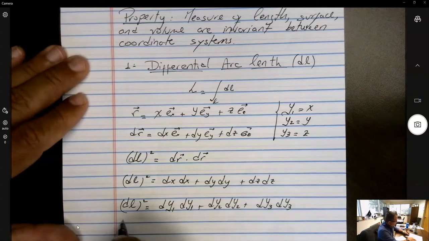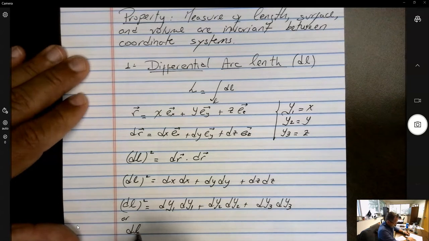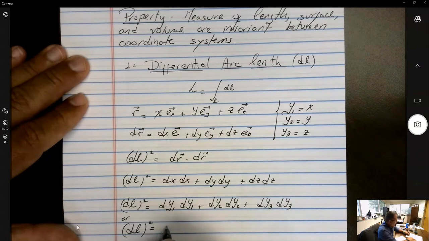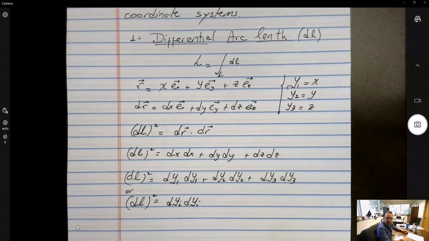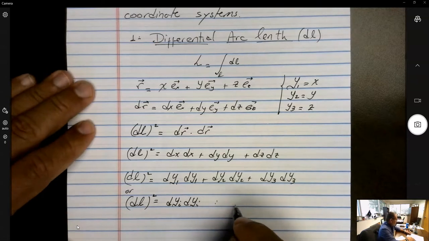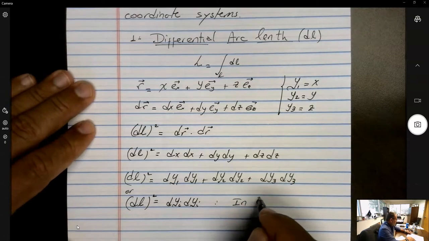Or you can just simply say dl square is dyi dyi. So we will omit the summation. It is implied. Anytime there's a repeated index in Einstein notation,